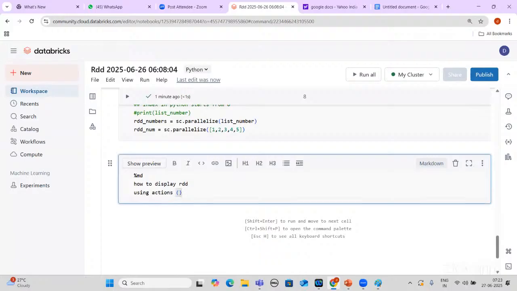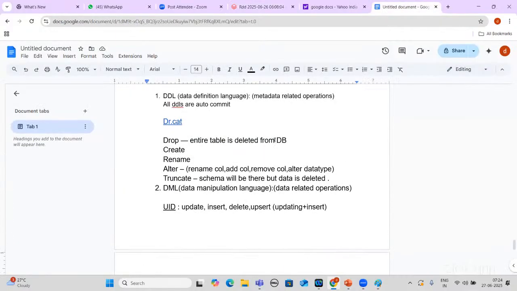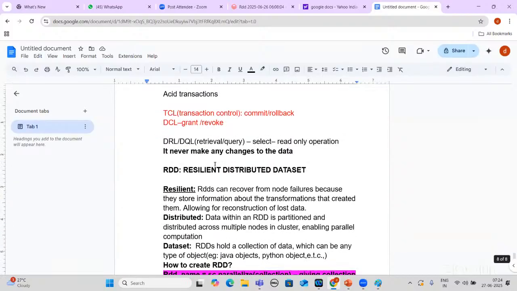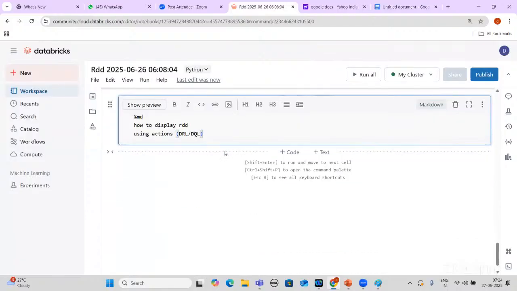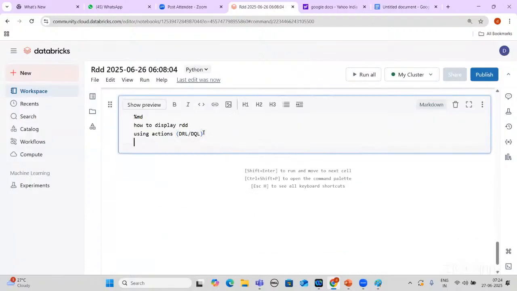Actions are nothing but, in SQL, we have already seen DRL and DQL. What does DRL have? The select statement. This is for SQL. But in Python, what are the actions? Let's see now. For a data frame, you can use display, but